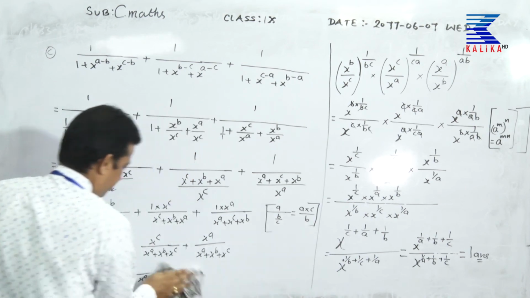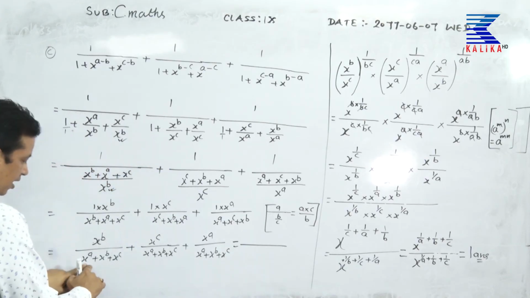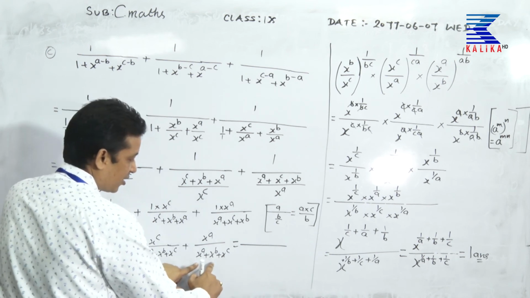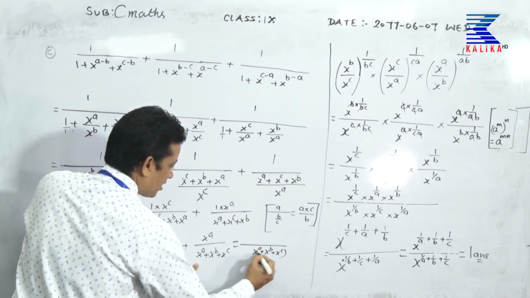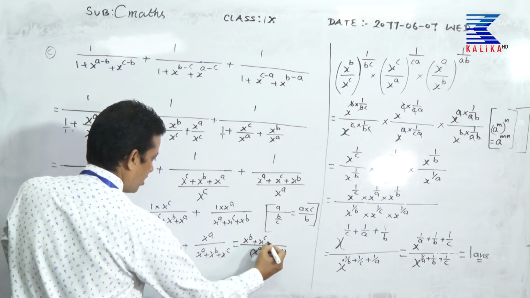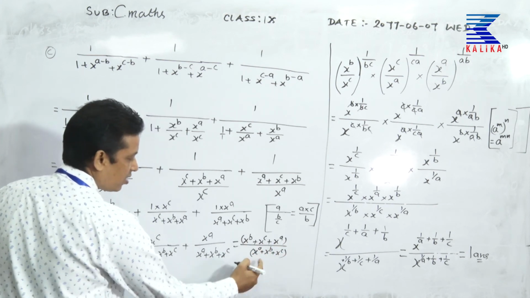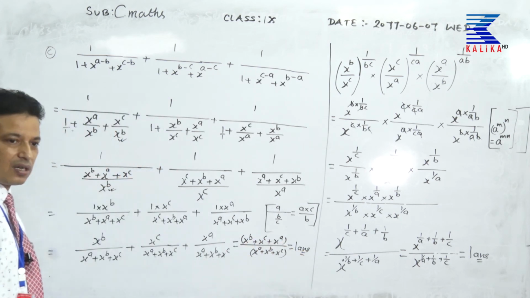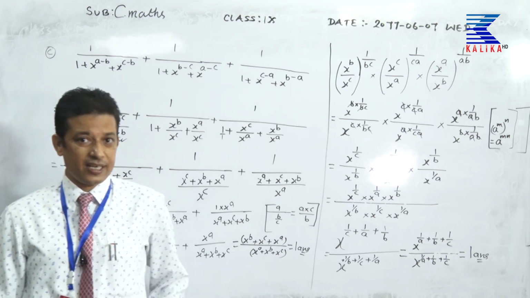I am showing here because of less place. So, look, x to the power a, x to the power b, x to the power c, x to the power a, x to the power b, x to the power c, here as well same. So, we take x to the power a plus x to the power b plus x to the power c as LCM. What is left here? X to the power b plus x to the power c plus x to the power a. Both are the same. You can manage and cut, or simply you can write this is equal to one, answer, or you can manage once the terms. So, this way I have done some questions here.